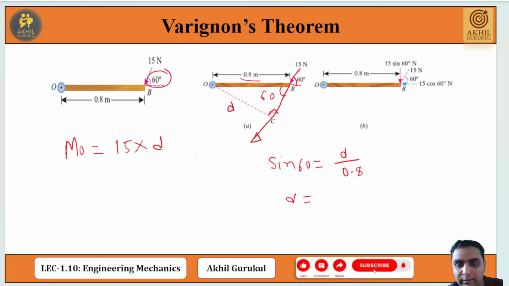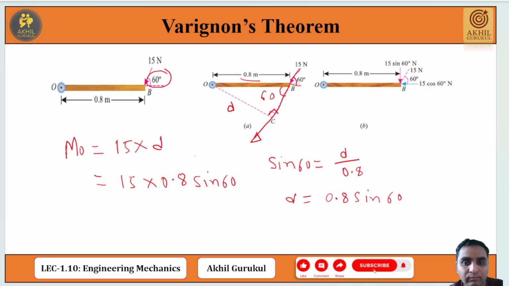So D should be 0.8 sin 60. So the value of the moment is equal to 50 into 0.8 sin 60. Second method,